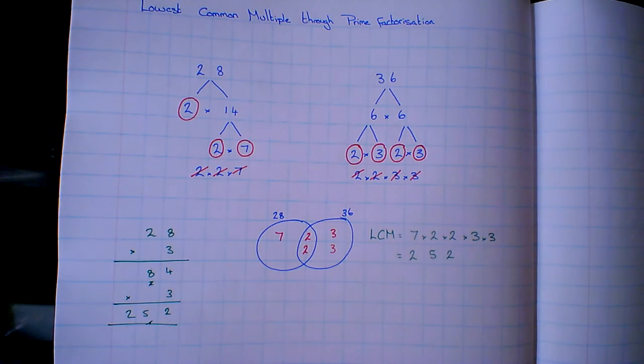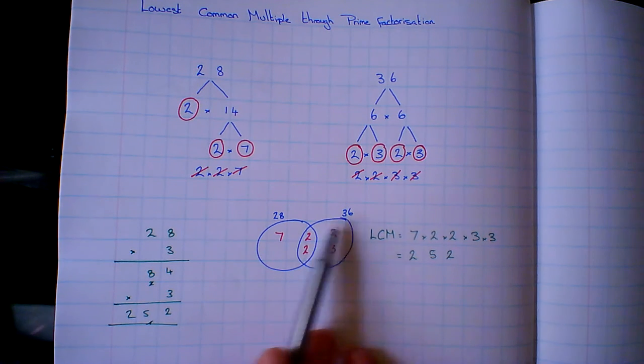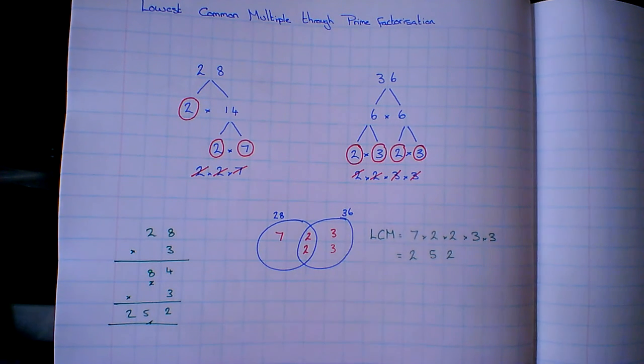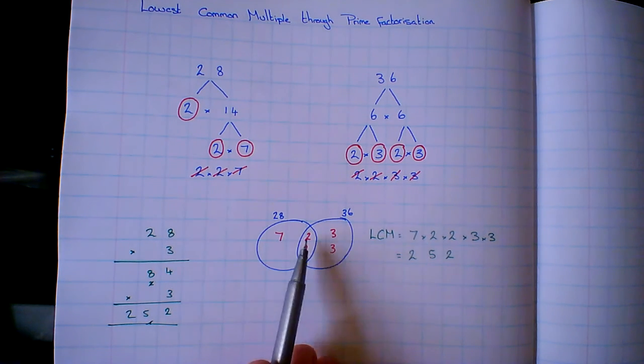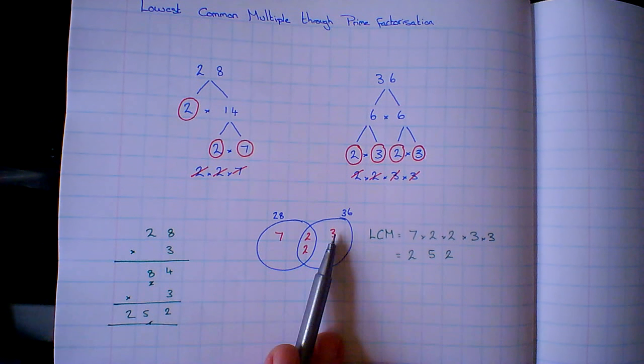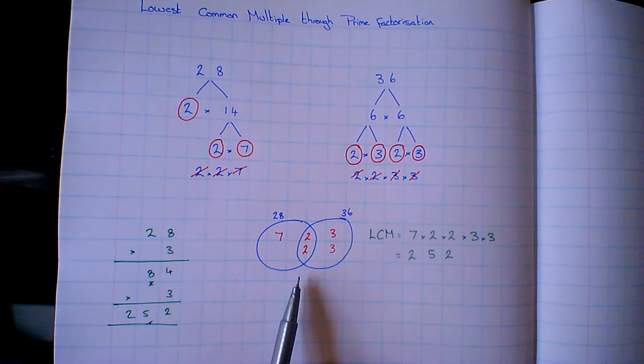So just a quick recap. Set out a tree as you normally would. Draw the Venn diagram. Start with numbers that are the same and put them in the middle. So a pair of 2s, then another pair of 2s, goes in the middle. The 7 is only part of the 28, so it goes here. The 2 3s are only part of 36, so they go here. The lowest common multiple is all